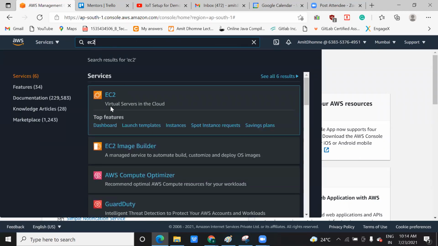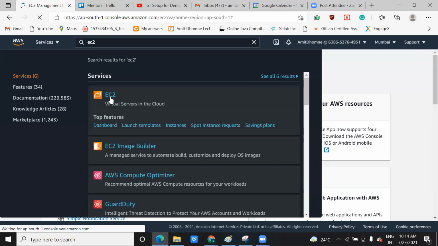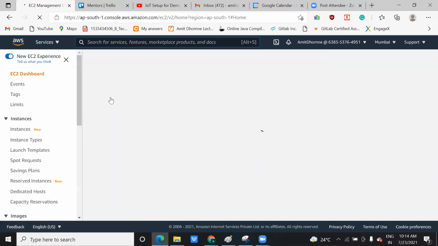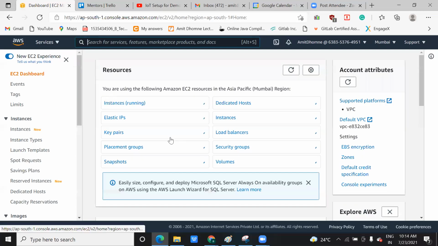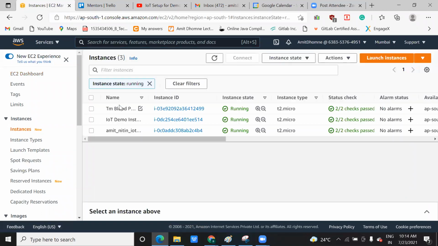You can see the virtual server. It's like a server with a high configuration and a host local server. As you can see, after coming to this page, click on Instances, the instances that are currently running. Now you can click on Launch instance to create a new instance.